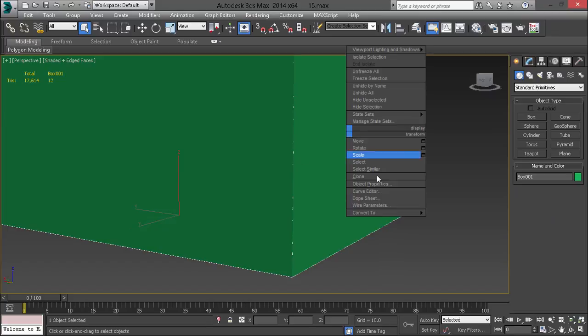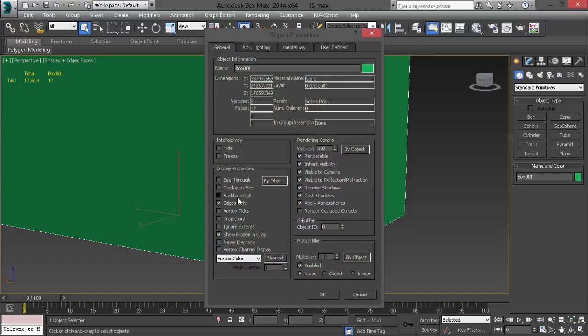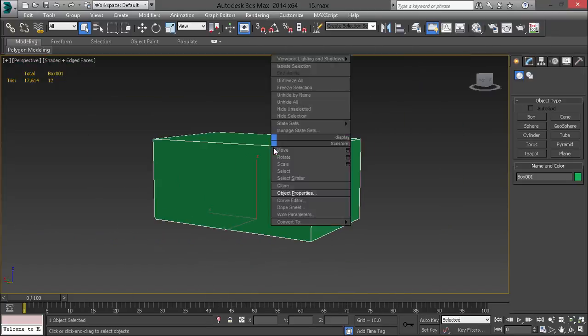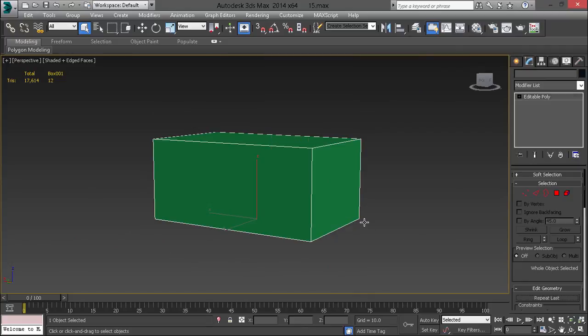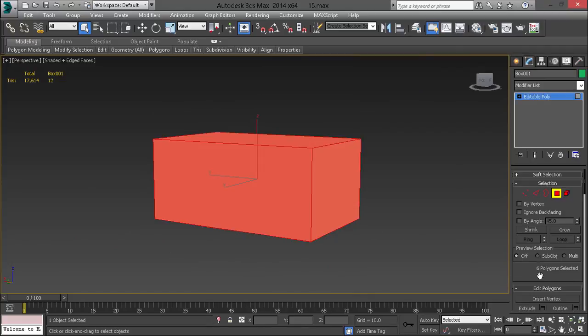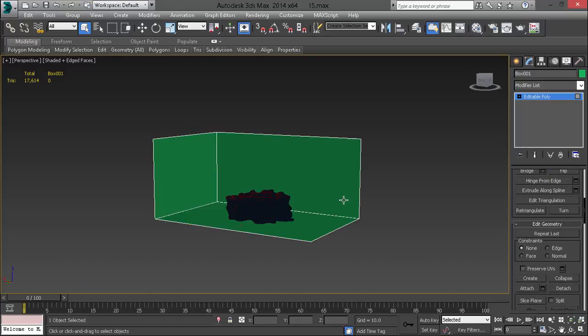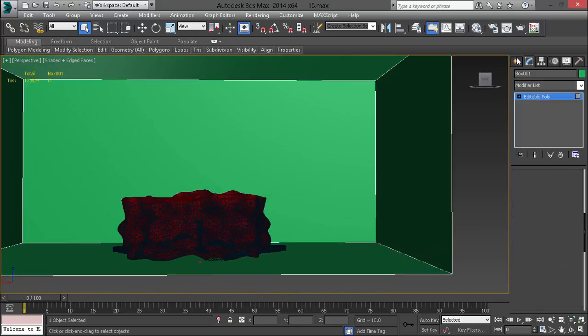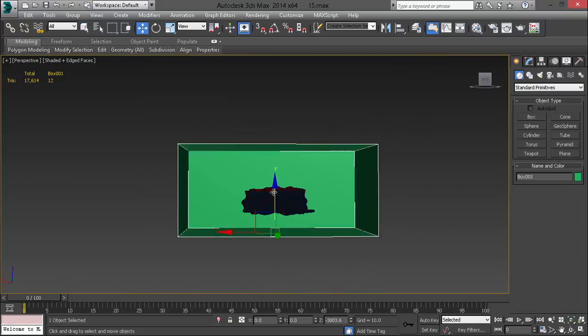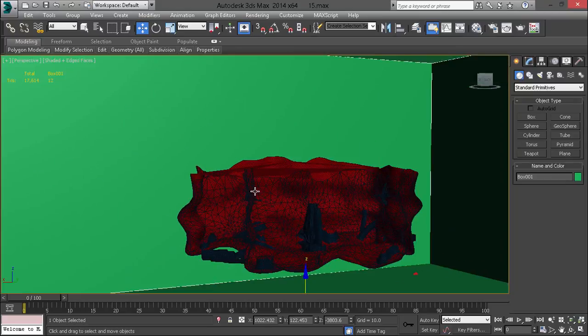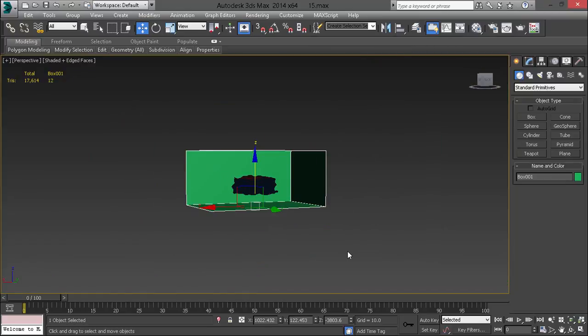And then if we hit Object Properties, enable Backface Cull, convert this to an editable polygon, select all our faces and flip them, then it is feasible to use a skybox in this sense, so long as that, number one, the skybox itself is